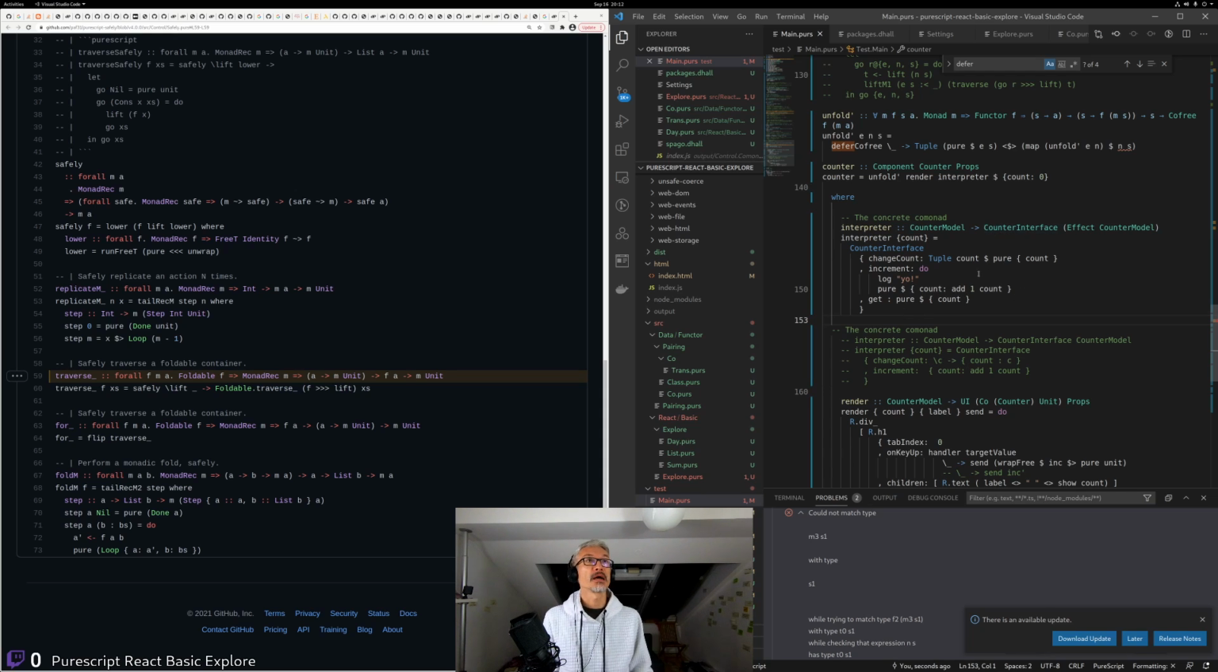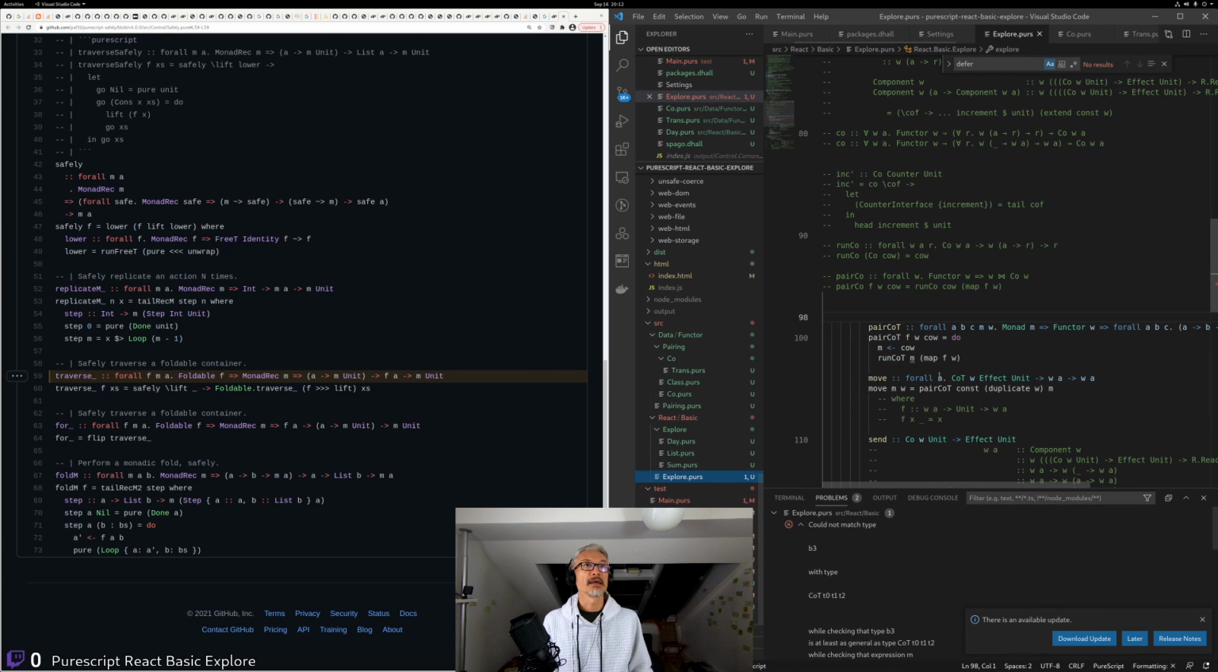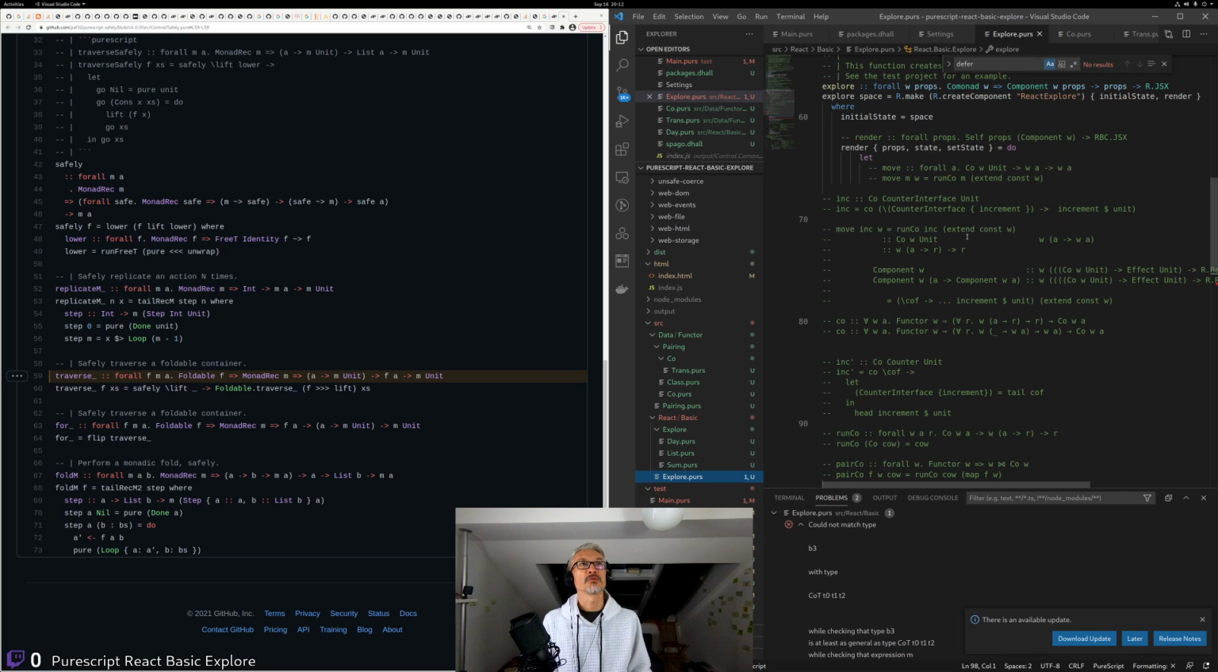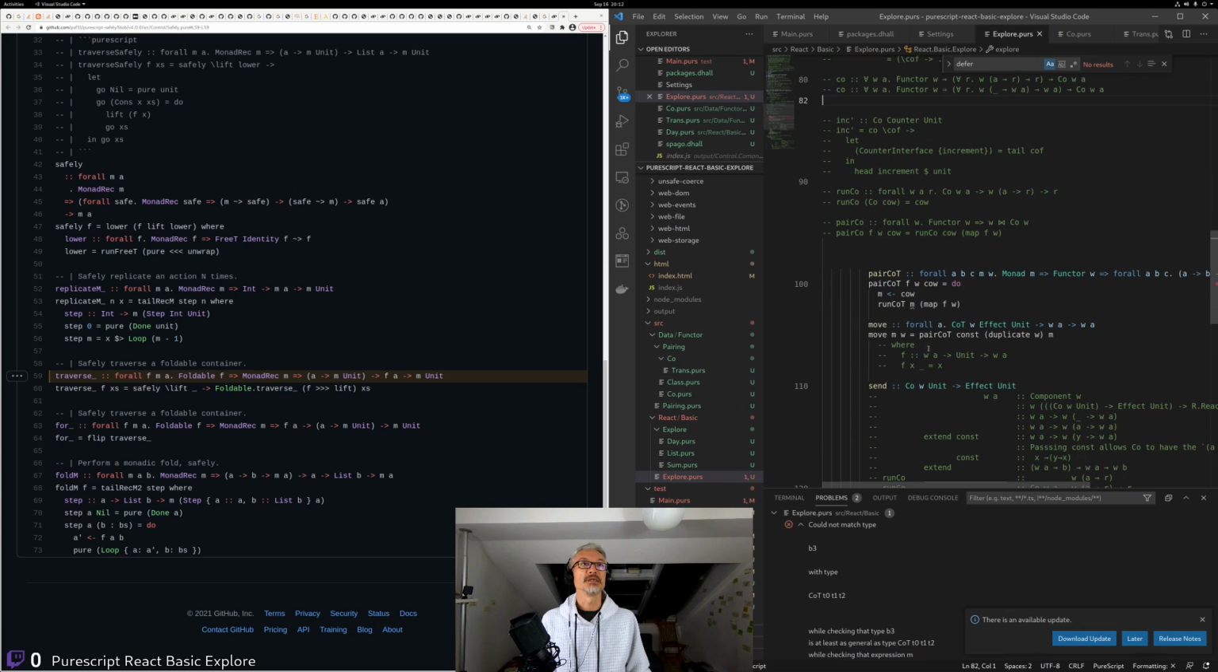I've been trying different things. Last time I tried to return an effect of counter interface counter model. Right now I'm trying to return a counter interface of effect counter model. But maybe another approach is to look at where the effect should be occurring,